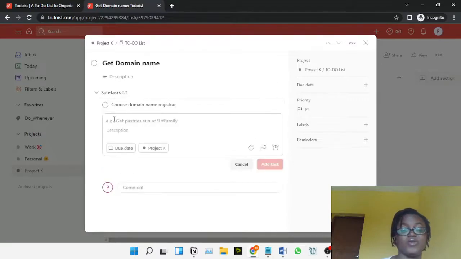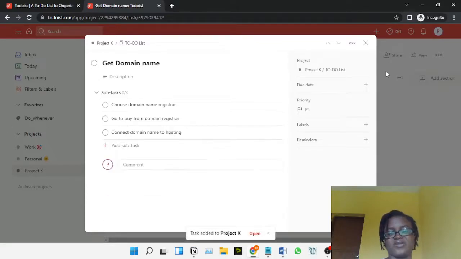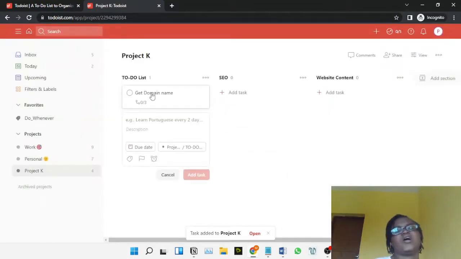Choose a domain registrar, go to buy from the domain registrar. Connect domain name to hosting, and that's pretty much it. Not anything special, right? And that's how easy it is to create tasks, subtasks, sections, and mini projects in